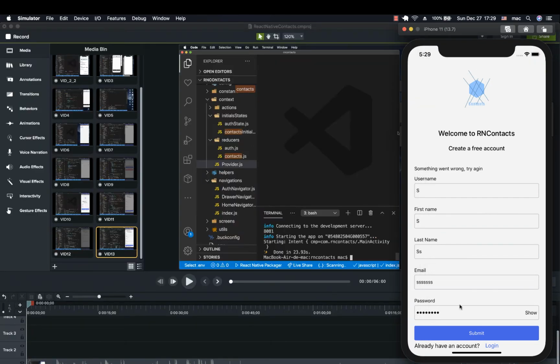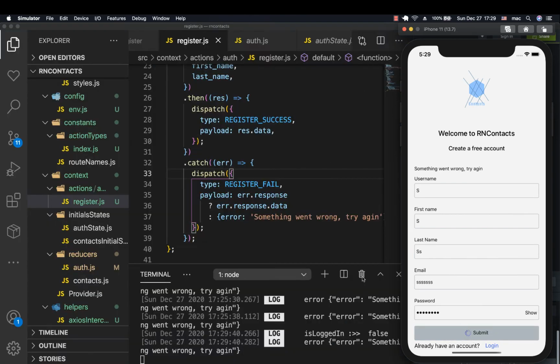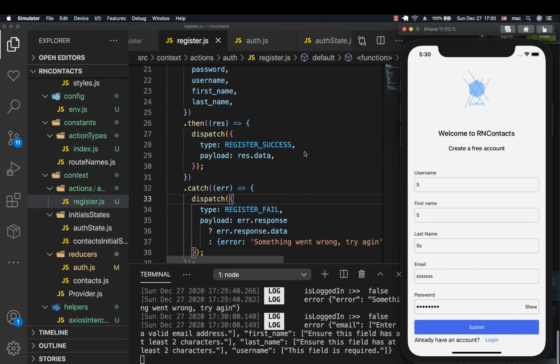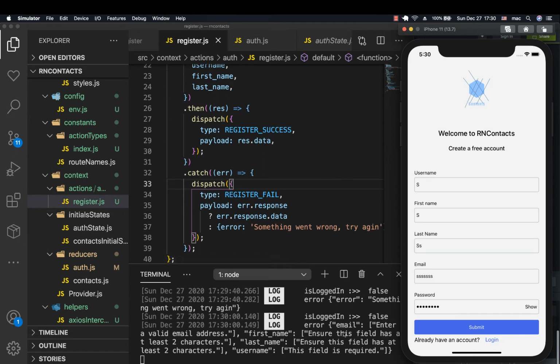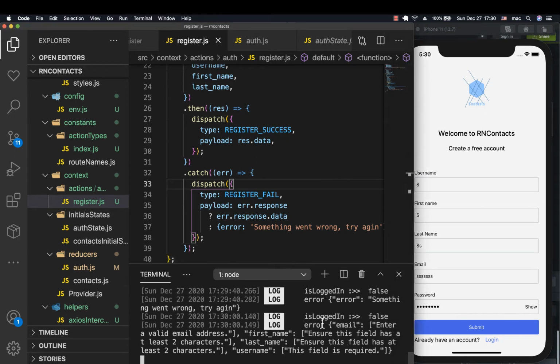Now if we went ahead and clicked submit, so let's wait and see what's happening over there. So after you see it's done, and now it sends us our errors. So you see we have some errors from the server. That's because it's not seeing the username. It's also validating these other inputs. So we also need to add some other